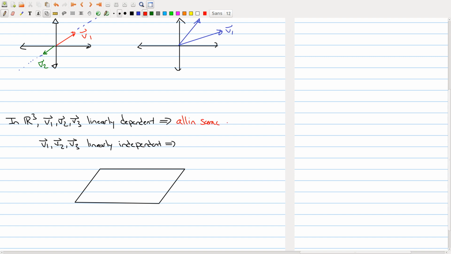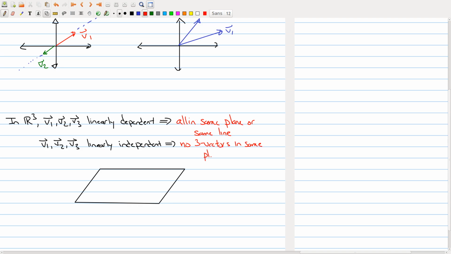The same line makes sense because you're just repeating what's happening in the case of R2. V1 and V2 point on the same line, and then maybe V3 also points in the same direction. But maybe the three vectors all lie in the same plane, and then we would also say that it's linearly dependent. So V1, V2, V3 are linearly independent if no three vectors lie